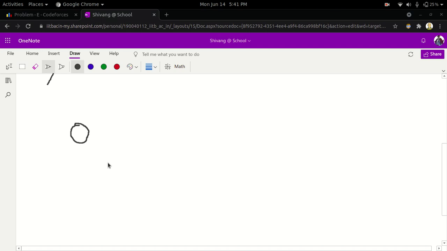So if there are j elements which have occurred an odd number of times in the current XOR sum, then we have for sure n minus j elements which have occurred an even number of times in the current XOR sum, because the total number of elements is n. So initially we start off with 0. So we are at state 0, which means that all elements have occurred an even number of times, or there are 0 elements which have occurred an odd number of times.